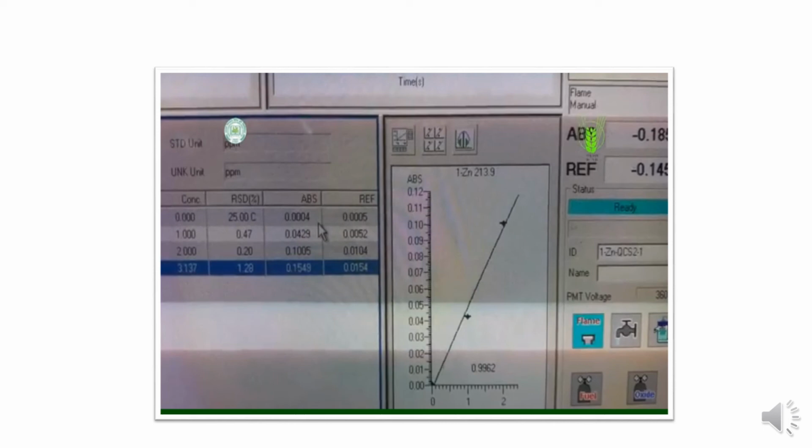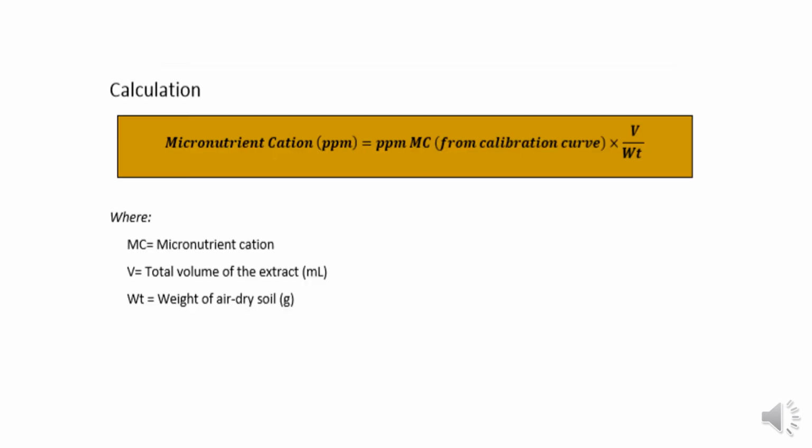So after calculating the zinc or the iron, manganese concentration according to the calibration curve, you need to calculate the micronutrient concentration in the soil by following this equation,